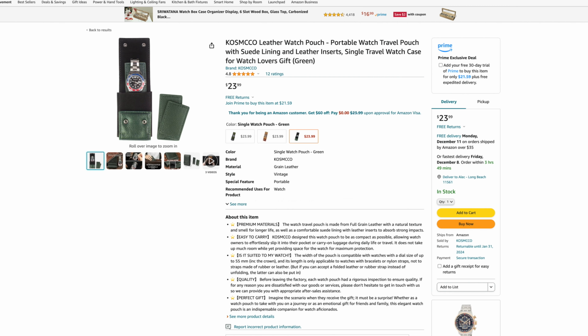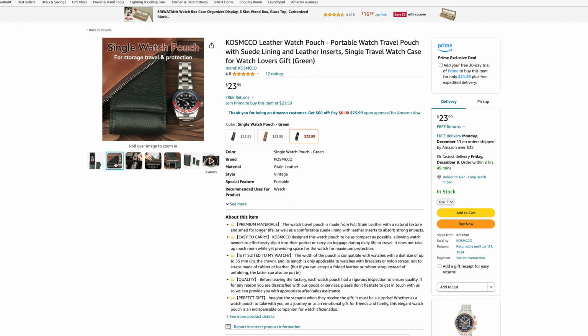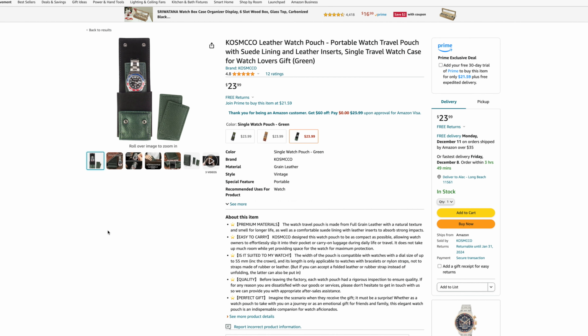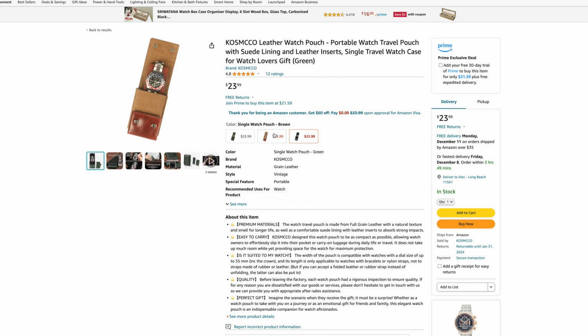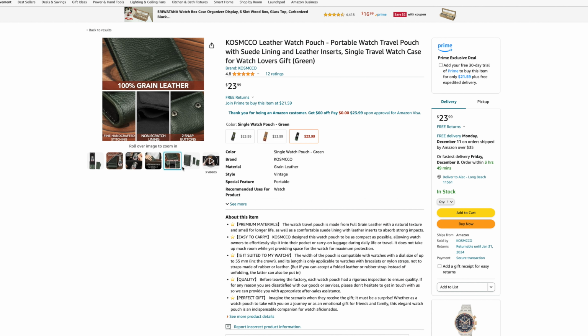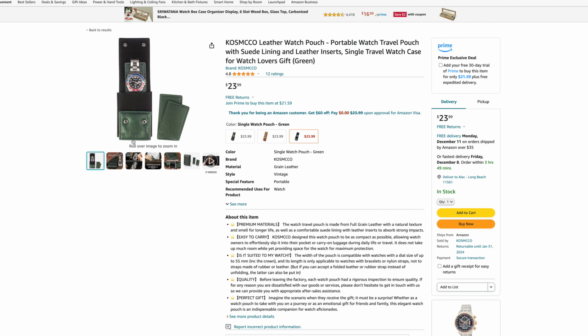and North Carolina. Up next, just a nice little leather watch pouch. These are always great to give people who travel and maybe want to bring more than one watch and put one watch in their backpack while they wear another one. It comes in a variety of colors, which I think is really nice, and only $23. I'd be maybe a little hesitant. Is it really good leather? Is it not? But that's a good price point, and I think this is a really cool gift for watch